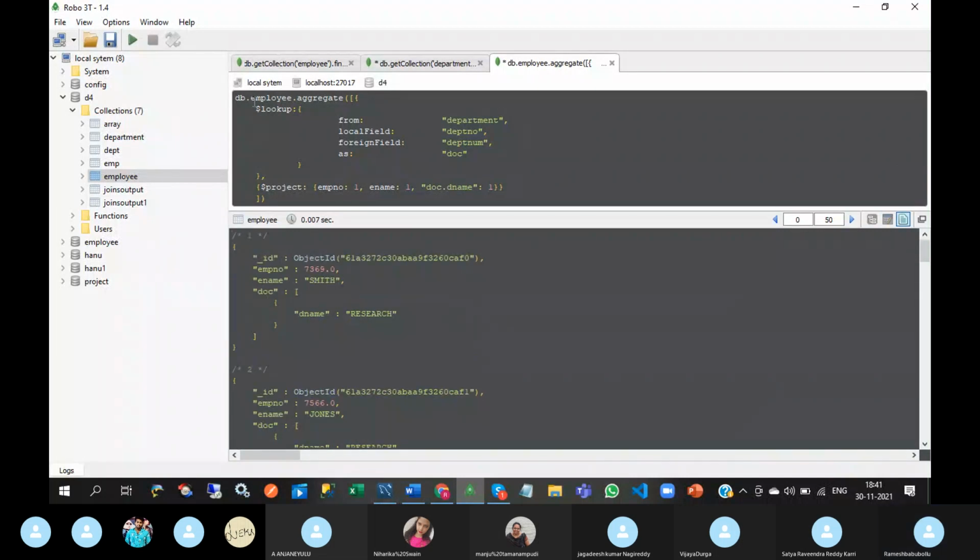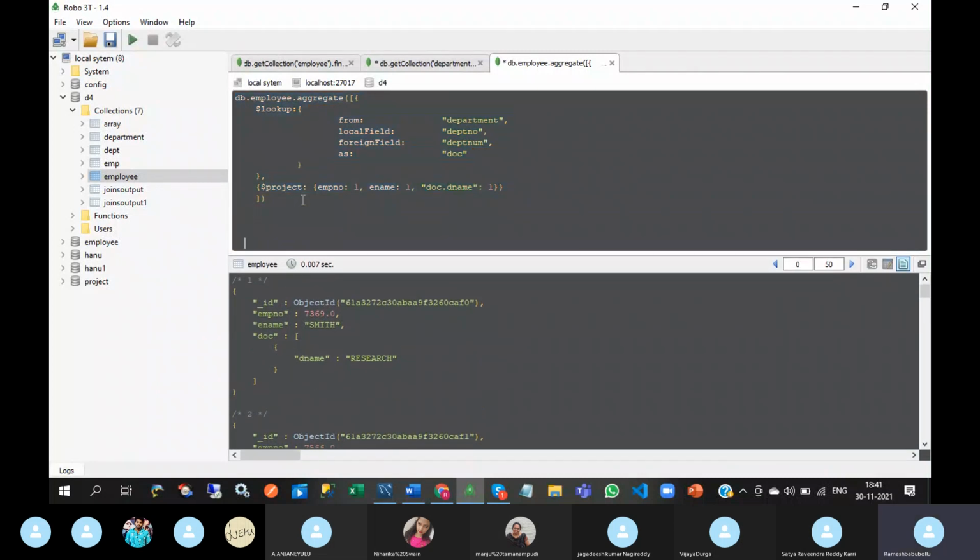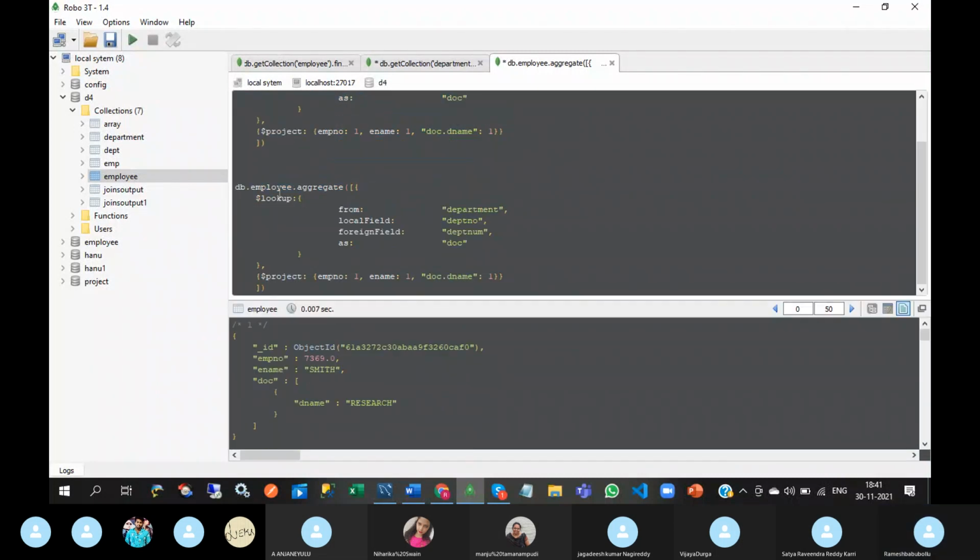Now the same query, I am reversing the collection names. Here I'm putting department, and this one should also be reversed.